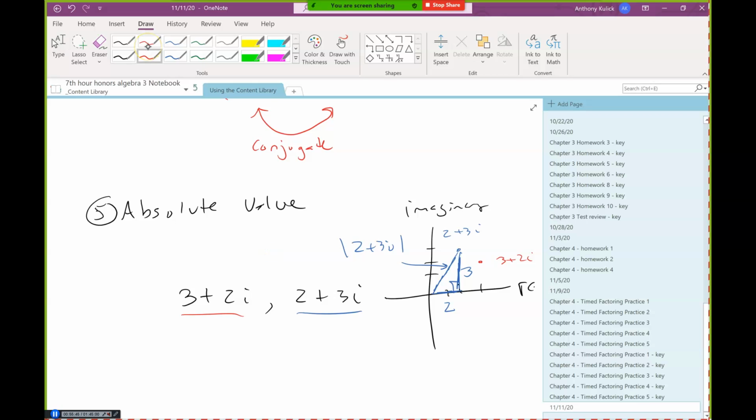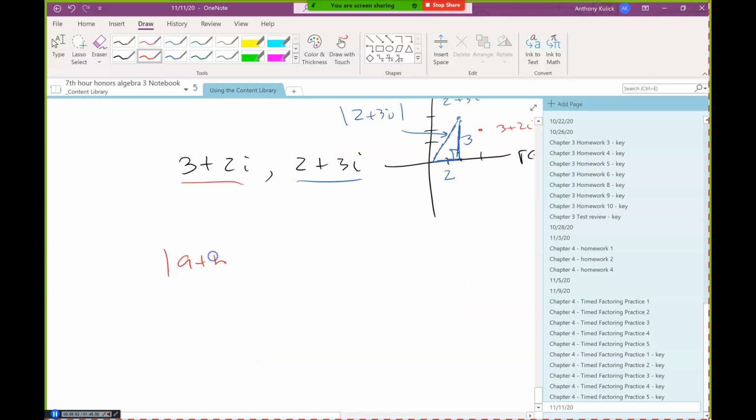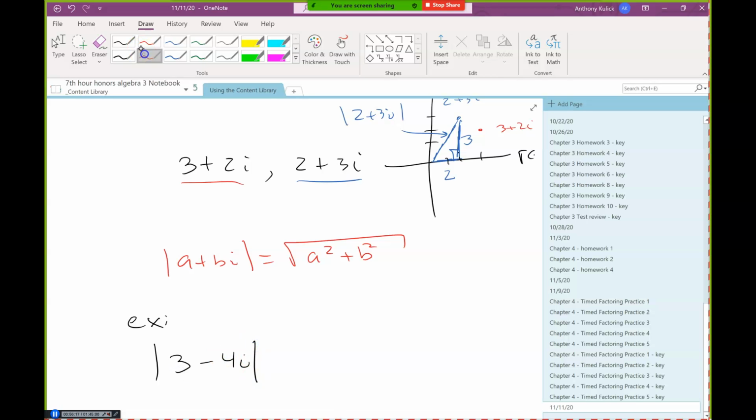So, what this basically boils down to is that the absolute value of a complex number is just the square root of a squared plus b squared. So for example, if I wanted to find the absolute value of 3 minus 4i,